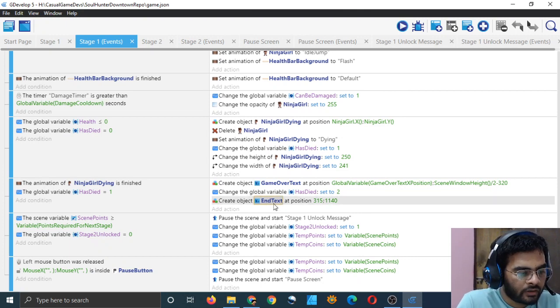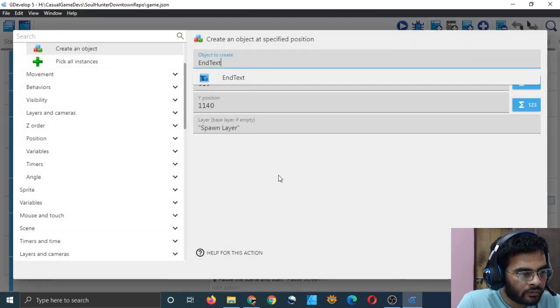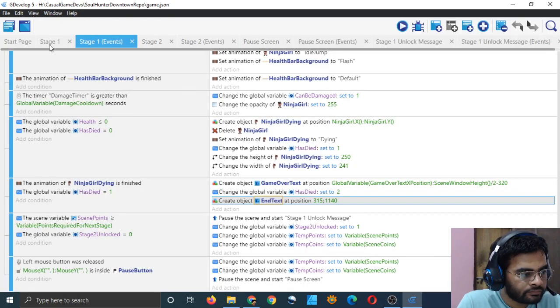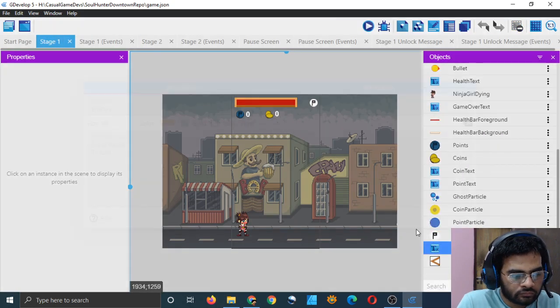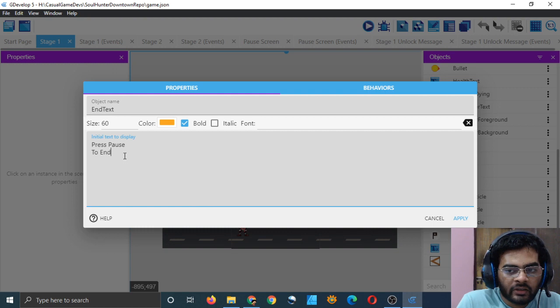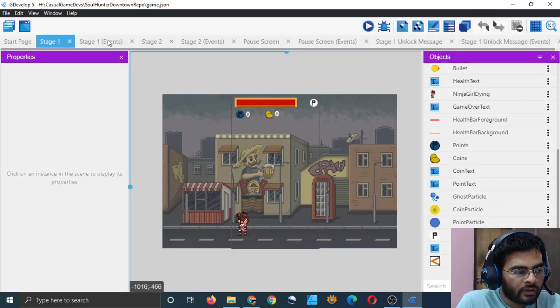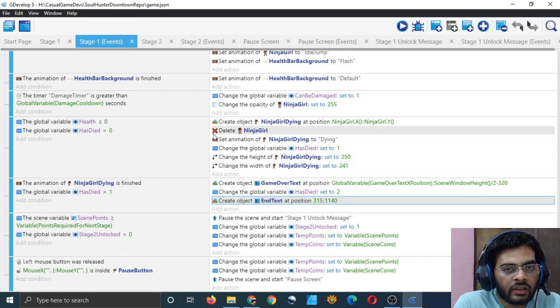End text. What is end text? Let me see. End text is press pause to end. So when the player character is dying, we are just telling the player to press pause. And when they press pause, they will have the option to continue or to go back to the main menu.